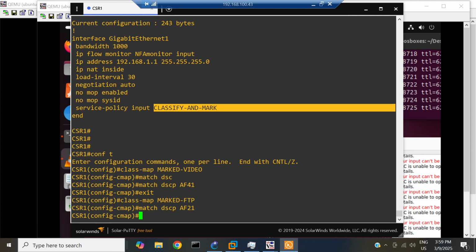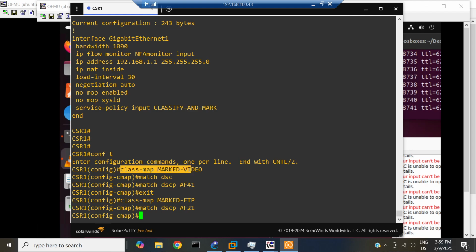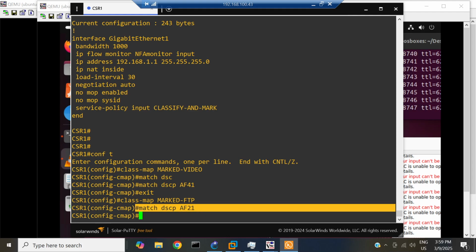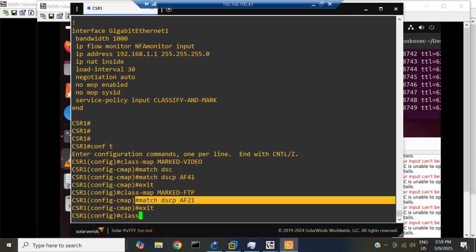Remember that as traffic has already been classified and marked, it is marked already inside the router. And when this traffic wants to leave the router, it is already marked. That is why I'm creating this class map for traffic that is already marked. This traffic was marked at the input. So let's create the class map, the policy map, I'm sorry,